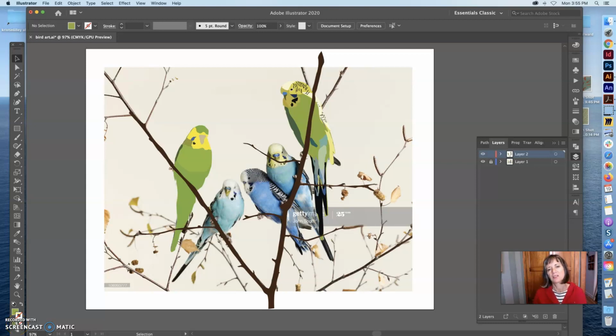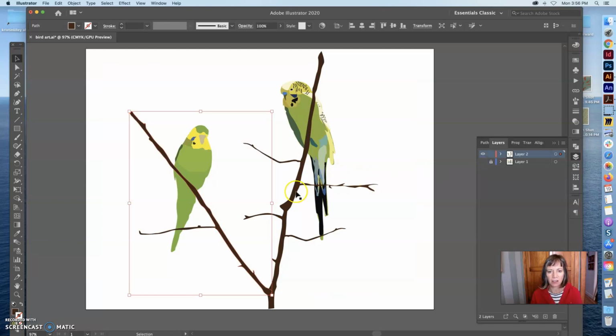Okay, welcome back. So you see, I've been working some more on this bird, finished him up pretty much, and I haven't done any more on this one, that's fine. I also traced some of these branches here. If I turn off this eyeball here, now you can see this branch, and I did them in separate pieces so that if I wanted to copy a branch, which I actually did, this one was